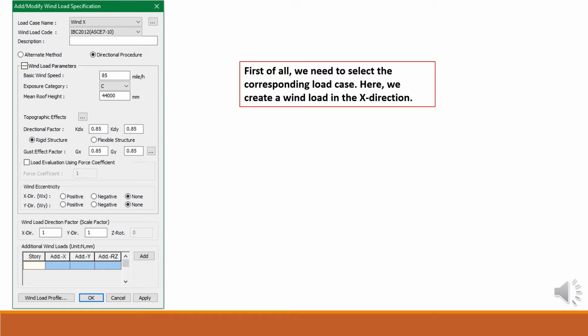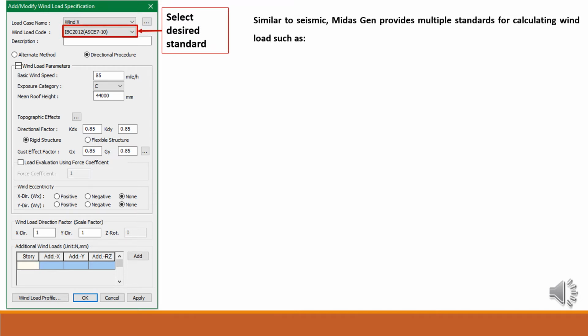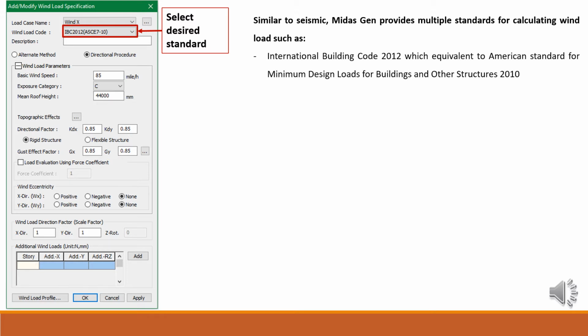First of all, we need to select the corresponding load case. Here, we create a wind load in the X direction. Similar to seismic, Midas Gen provides multiple standards for calculating wind loads such as International Building Code 2012, which is equivalent to the American Standard for Minimum Design Loads for Buildings and Other Structures 2010,